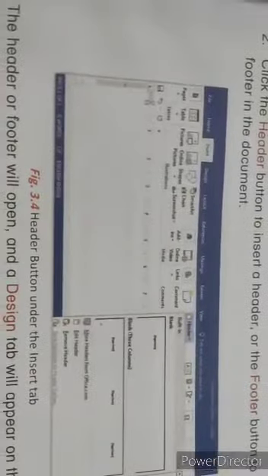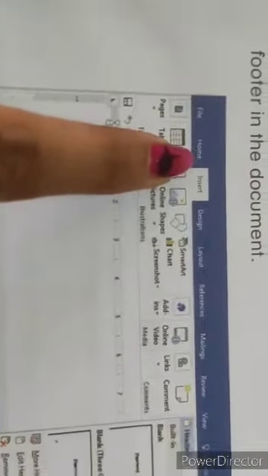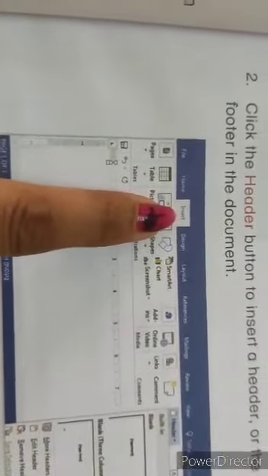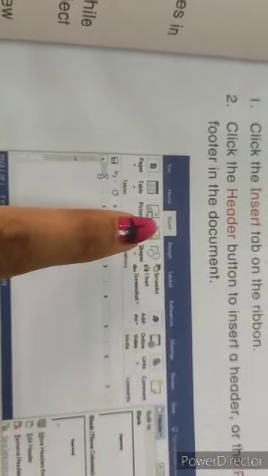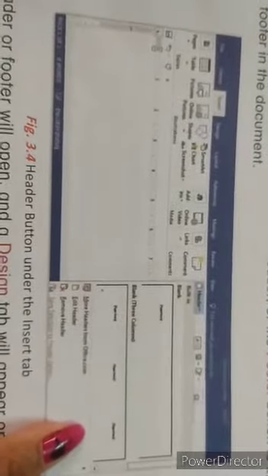When you open this, here we are talking about Word only. So when you open Word, after File, Home, after Home it is given Insert. When you open Insert, the header will come. Insert, see here, I have zoomed it. The header option. When you click on header, this window will pop up. This will come out and then you can see that here is the blank space. You have to enter the things which are given over here.